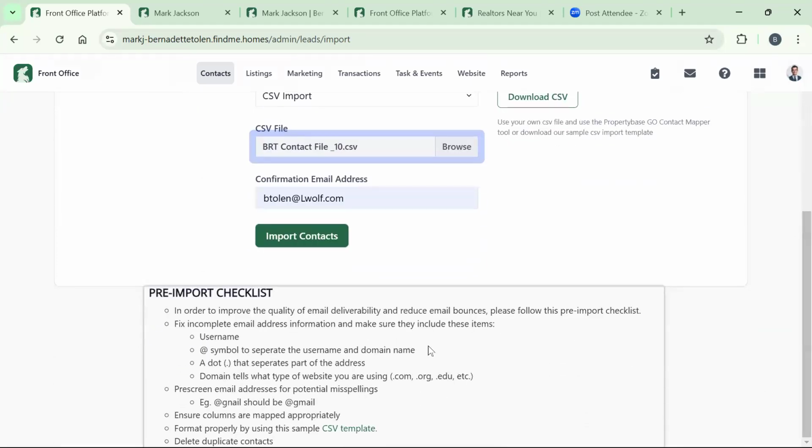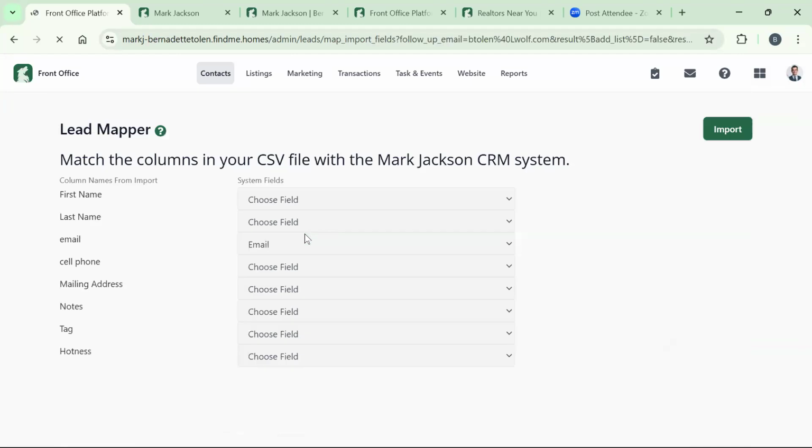We also advise you to make sure you take a look at this import checklist before you import. So compare your spreadsheet to the pre-import checklist. That's going to help you cut down on email bounces and things like that, right? So definitely take a look at that. When you click on import contacts,